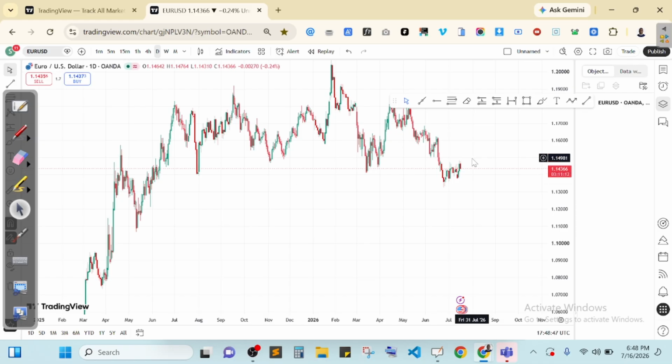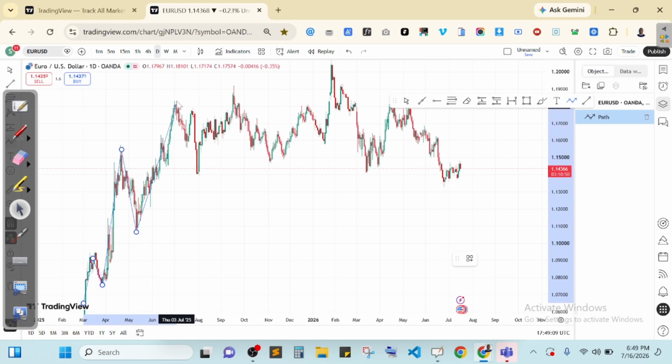Now this is how you will do it. You can pick this part. Look at what the market is doing previously. This is a higher high. This is a higher low. This is a higher high. This is a higher low. This is a higher high. This is a higher low. This is a higher high because there's a break of structure around this place. There's a break of structure around this place. This is a higher low. You can see that the higher low of this one is above this place. This is a new higher high,